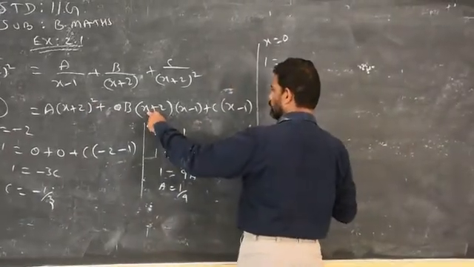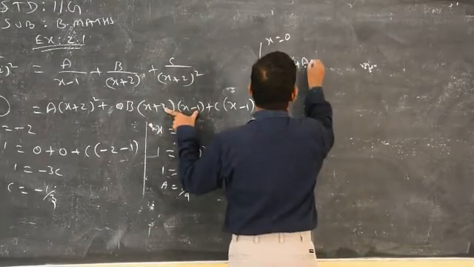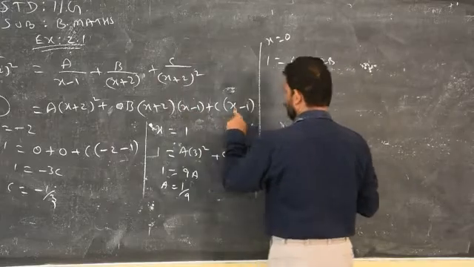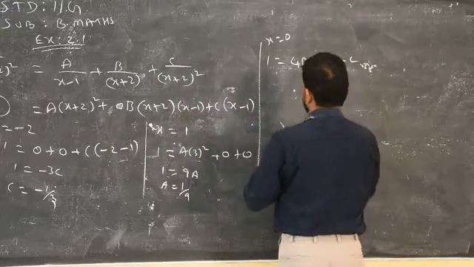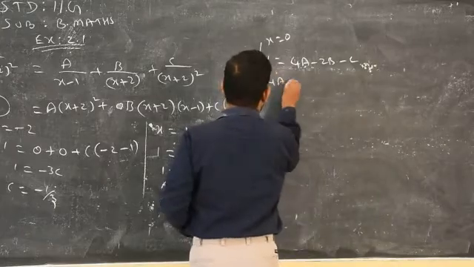When you replace x by 0, then you will get 2. Here minus 1. 2 into minus 1, minus 2b. When you replace x by 0, you get minus c, because minus 1 into c, minus c. I got an equation formed in terms of